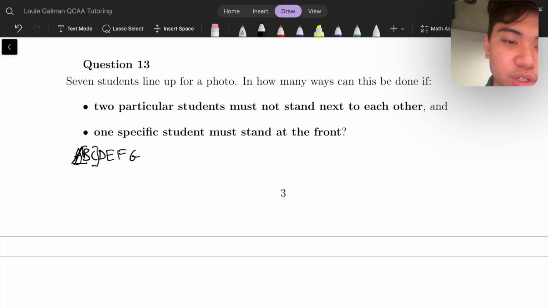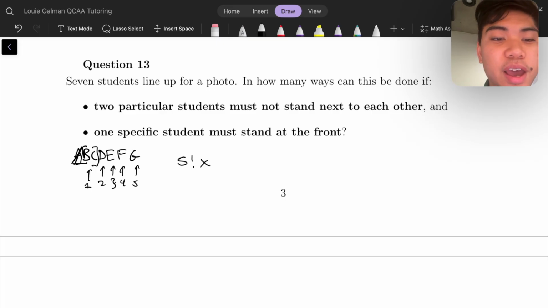So how many boxes do we have? We have 1 box, 2, 3, 4, and 5 different boxes. So that's 5 factorial times the number of ways we can rearrange BC, which is 2 factorial because there's 2 letters. So that's going to be